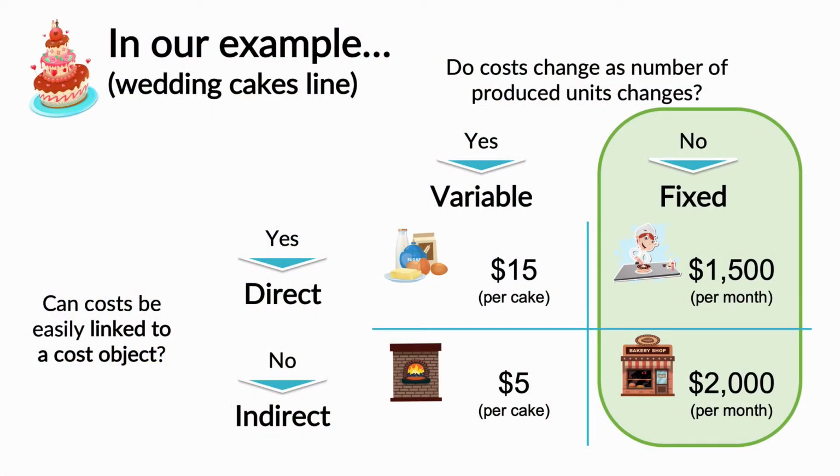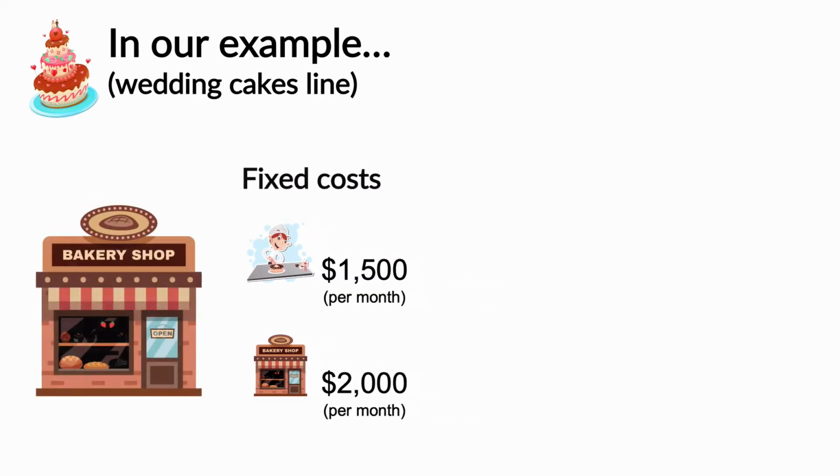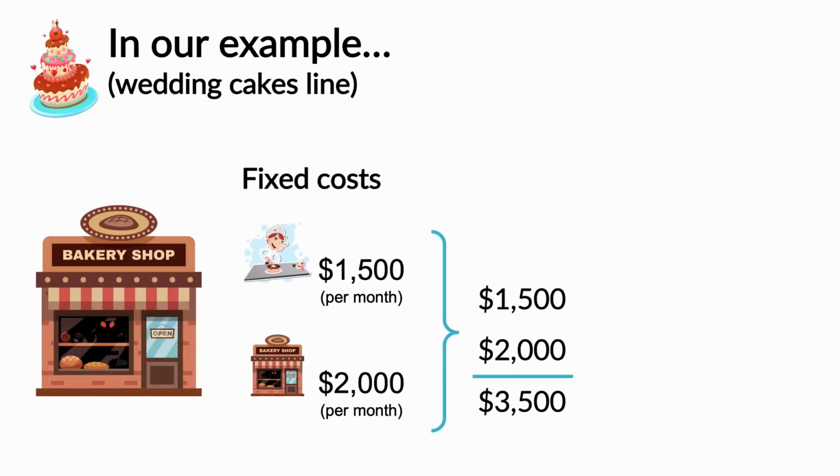And it's extremely important to realize that this is what we consider should be covered by the wedding cake's production line, because deciding which part of the overall fixed costs should be covered by each business unit is a judgment call. And that's one more reason why it's good to work with a contribution margin, which isn't affected by this decision. Anyway, summing up, the wedding cake's total contribution margin must be enough to cover the $1,500 in costs that we have because we make them, and $2,000 of the overall fixed costs that we decided should be covered by the wedding cake's production.